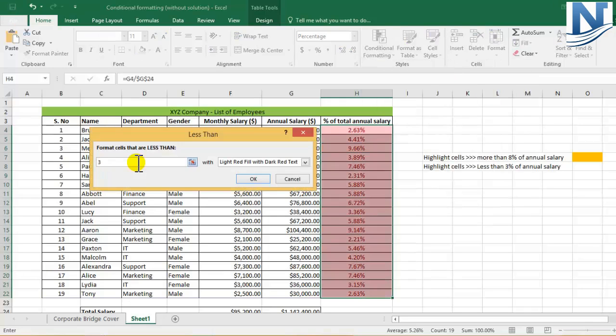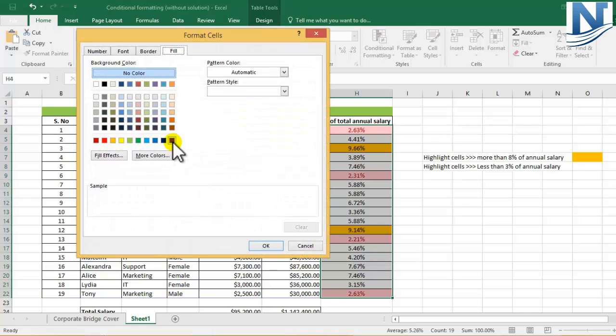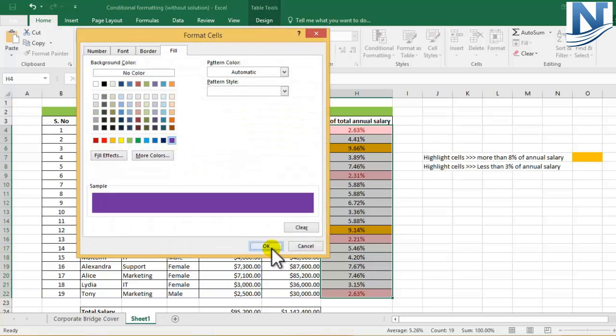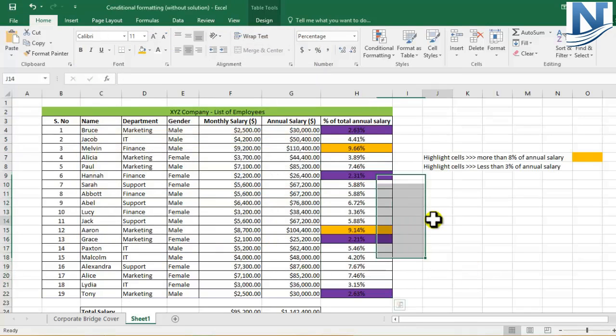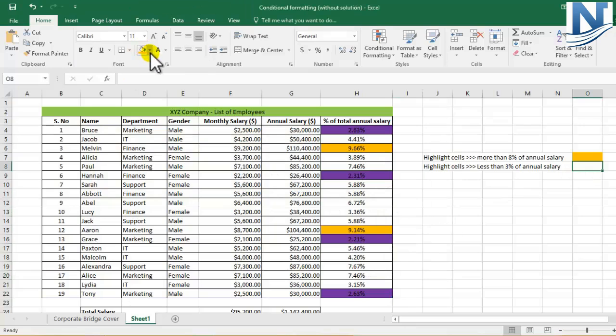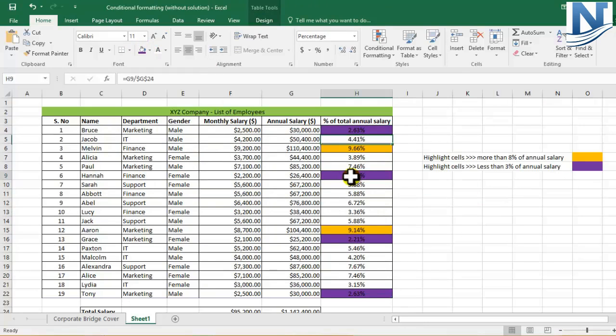I'll write down 3% over here. A color that we want over here, let's say purple, and I'll click on OK. So this is purple color. There are 4 employees who have less than 3% of the annual salary. So Excel has automatically and dynamically determined this for us.